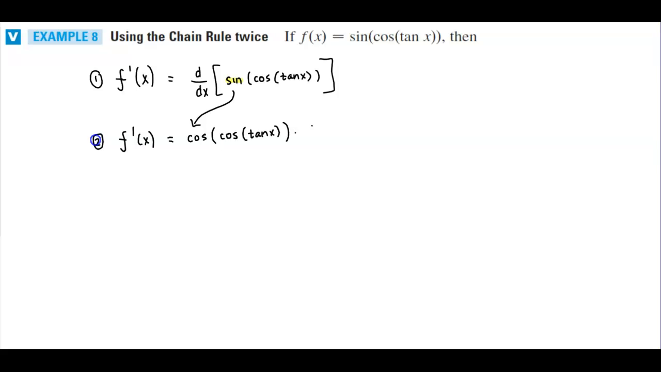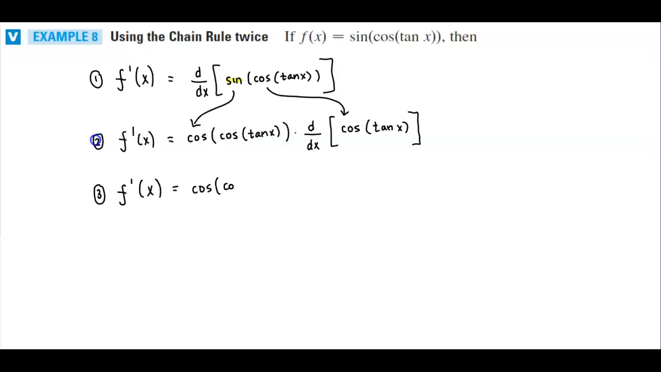And now we're going to multiply by the derivative with respect to x now of the middle. So the middle now starts at cosine. So it's going to be the cosine of the tangent x. So when we take the derivative of that, we're going to have f prime of x, which is equal to the cosine times the cosine of the tangent of x